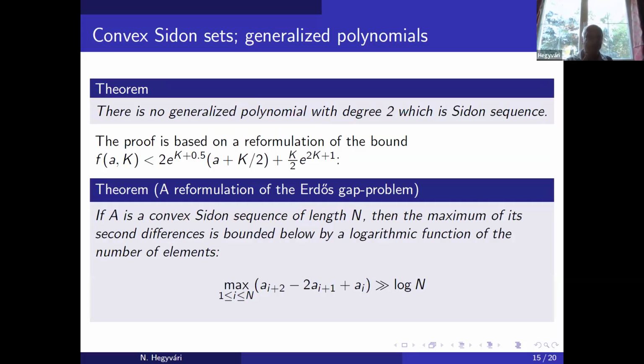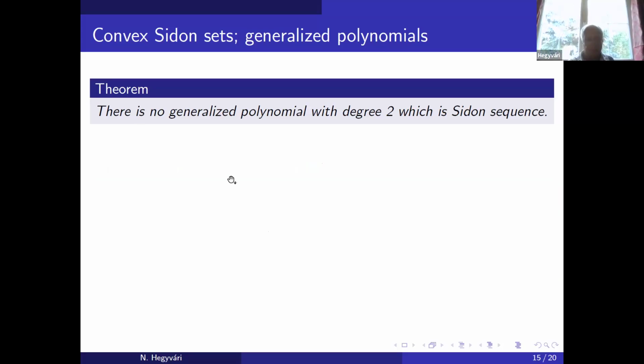It was a question of Erdős. So if you take this upper bound, then the reformulation sounds as follows. If A is a convex Sidon sequence of length n, then the maximum second difference is bounded below by a logarithm function. And if you consider the second